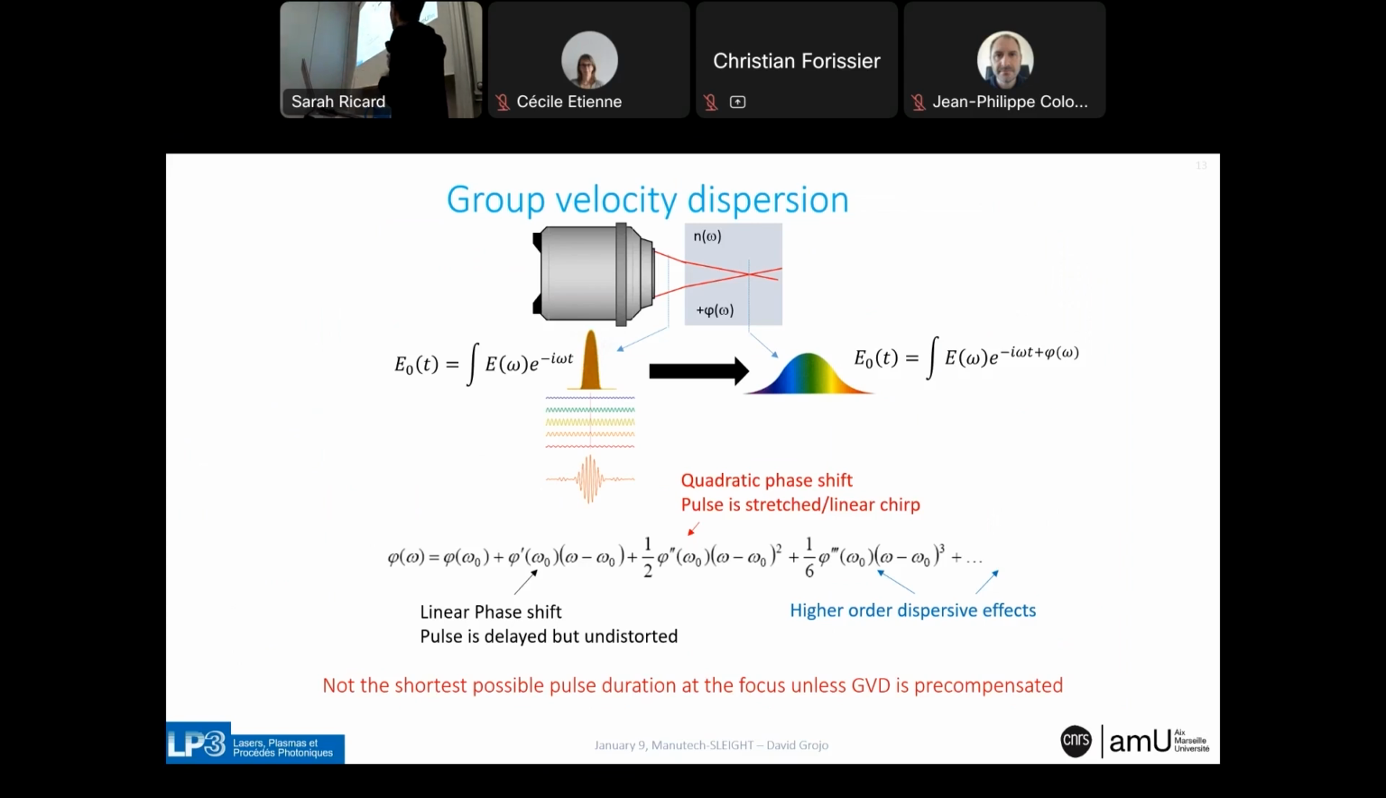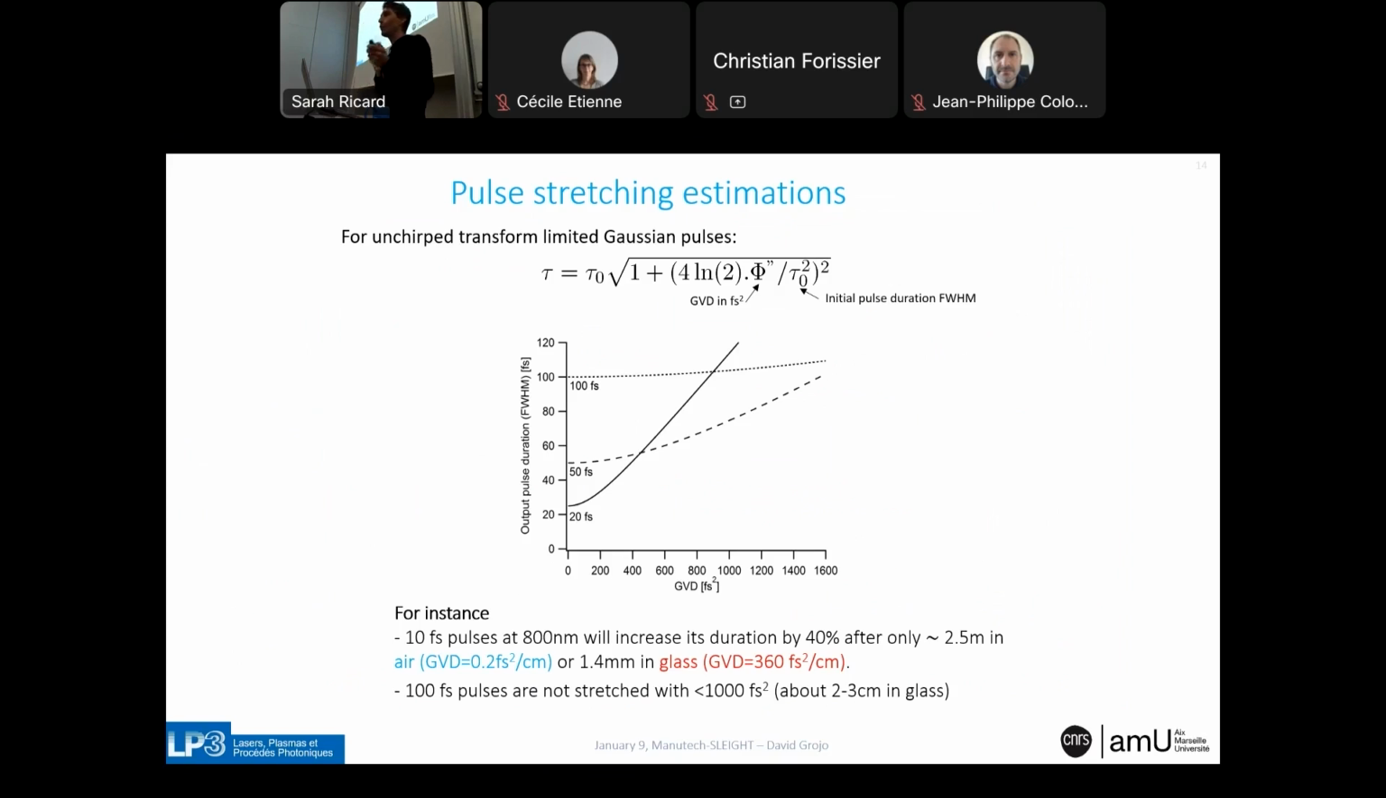And you can even look for the shortest pulses to higher order dispersive effects that can also distort the pulses in time. So for ideal pulses, you can somehow estimate this stretching effect. So this is, for instance, the output pulse duration for different input pulse durations as a function of the amount of GVD that describes this dispersion inside the material. What you see there is that the shortest pulses are the most subject to this stretching, simply because to create a short pulse, you need a broad spectrum. So the broader your spectrum, the more sensitive you are to these